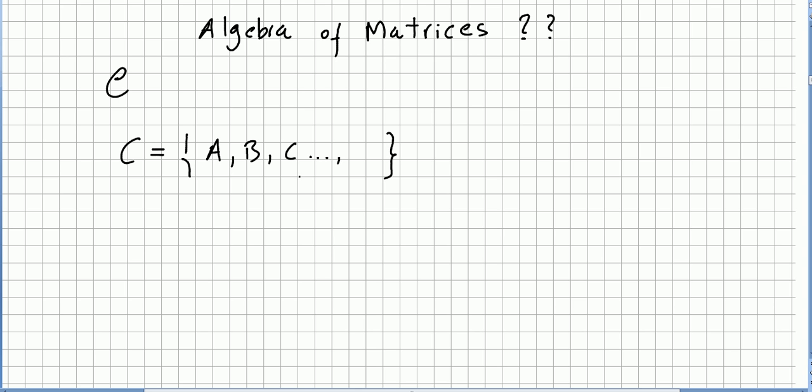If the set is empty, this makes no sense. So we have a set, a bag of matrices, and it will be called an algebra, a very fancy word and dangerous word too,